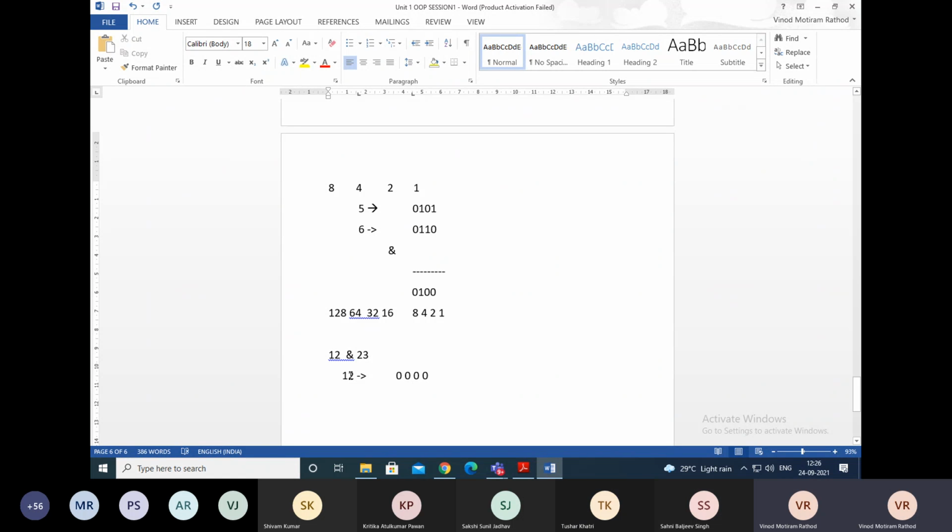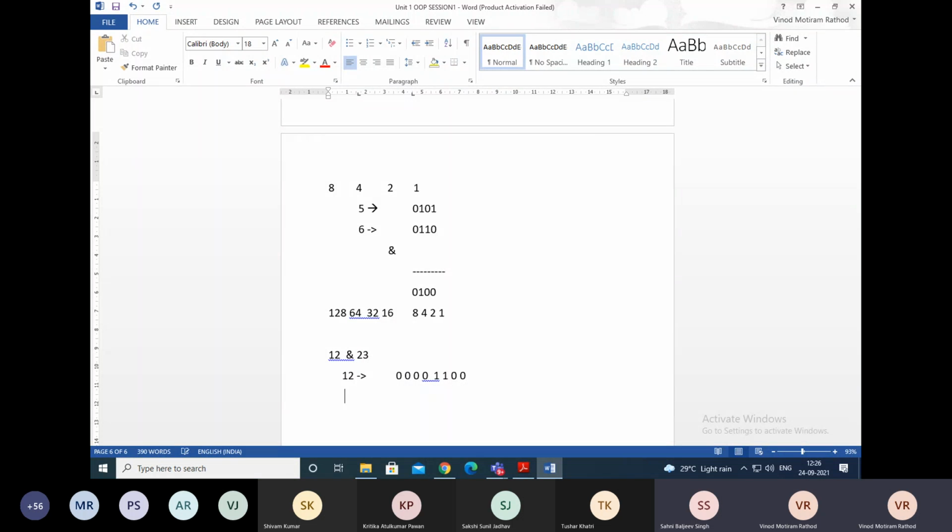See, it's very simple. Now the question comes in our mind: I am saying that 12 can be formed by adding these numbers, but whenever I am trying to add this, I need the help of the other 4 bits. So as Sahni also said, we have to put the left 4 digits as 0. How can you get 12 by adding 8 and 4? The left 4 bits we keep as 0. So 1, 1 and 0, 0. This is nothing but 12 for us. Yes or no?